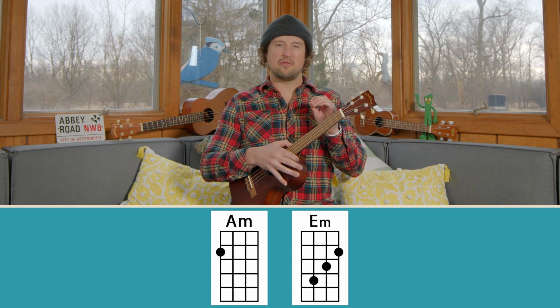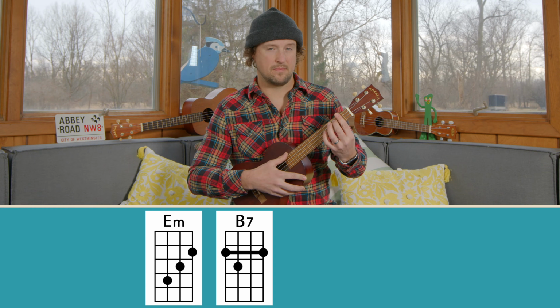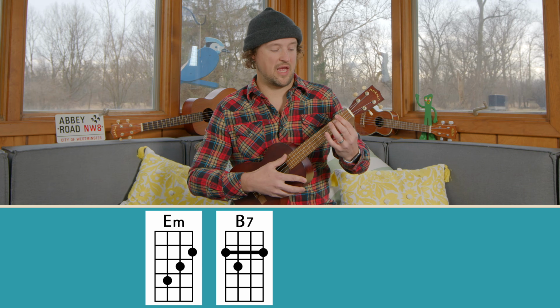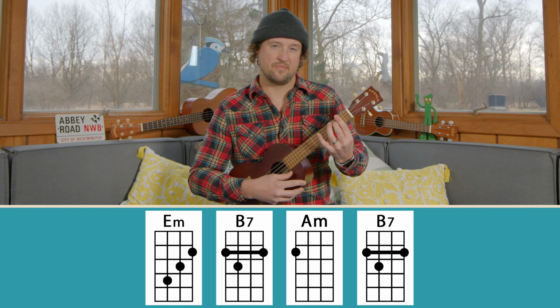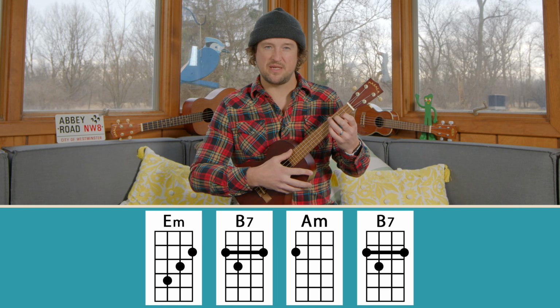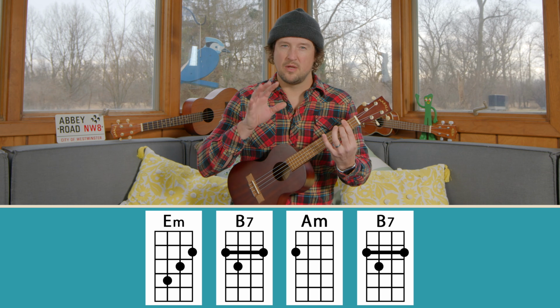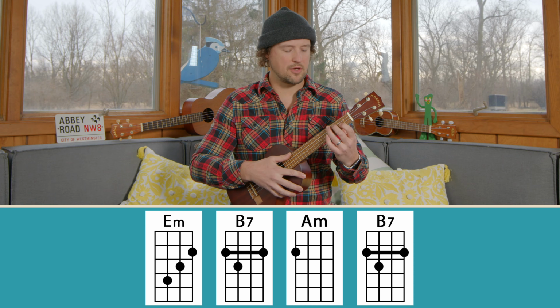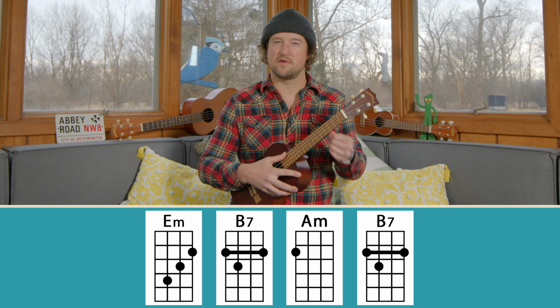So let's check out a little chord progression here for you. The chord sequence that I put together for you goes from E minor to B7 to A minor, and then it returns to B7. Now this is where you have the option of playing this version of B7 with your 3 fingers or the bar version. So maybe you want to get your feet in the water a little bit and do the 3-finger version to start, build the confidence and try the bar version,